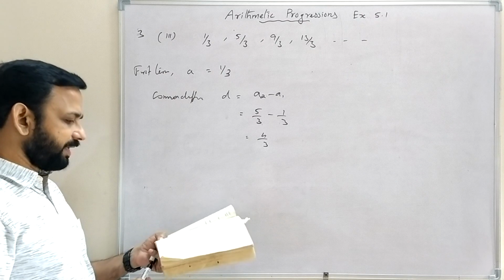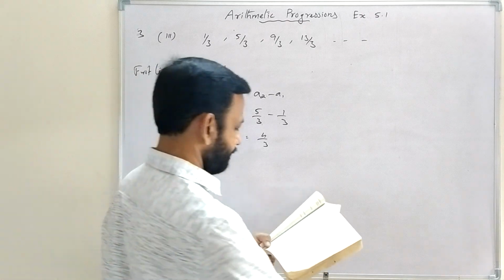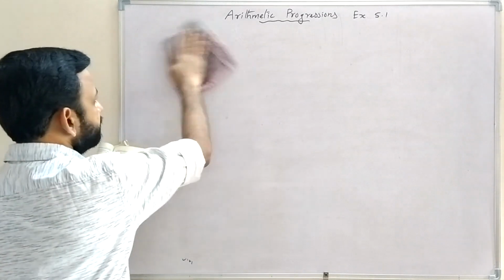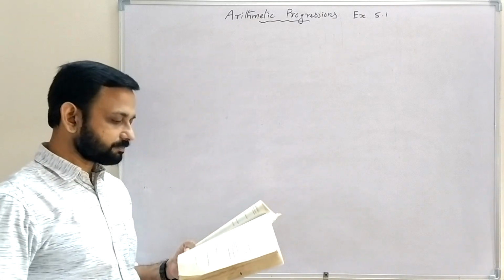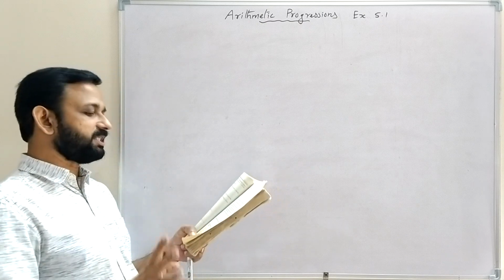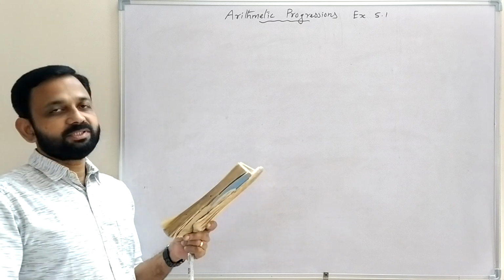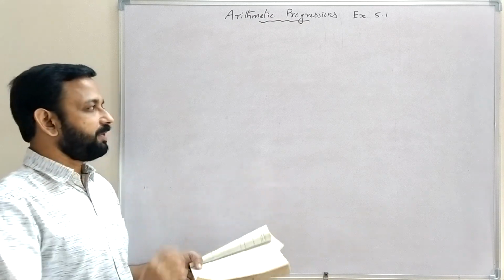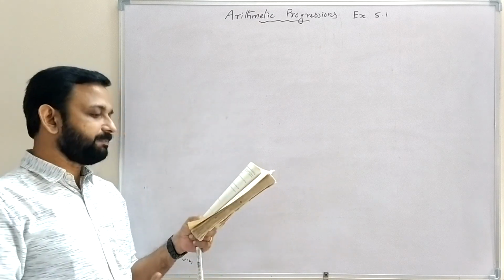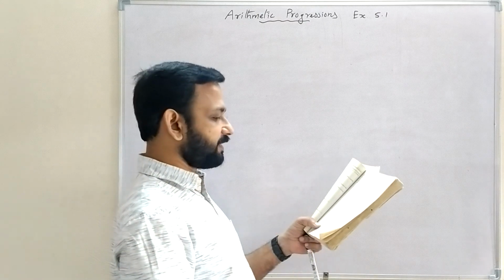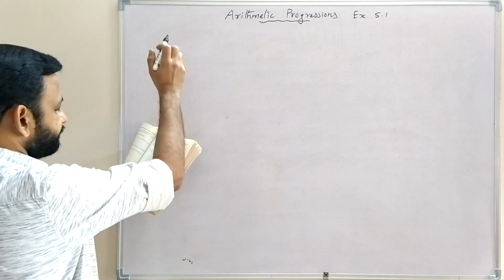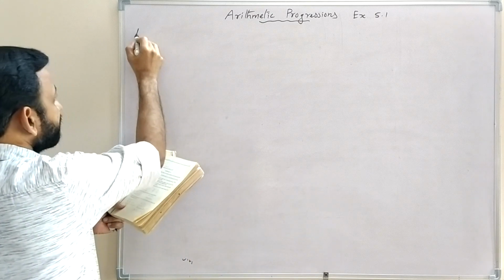Then the rest of the questions you can do by yourself, with exactly the same method. Now we will do the fourth question. In the fourth question, which of the following are APs? Here a sequence is given, and we have to check whether it is an AP or not. If it is an AP, then the difference between any two consecutive terms will be the same. If they form an AP, find the common difference d and write 3 more terms. That is our question. So we will do the fourth one.